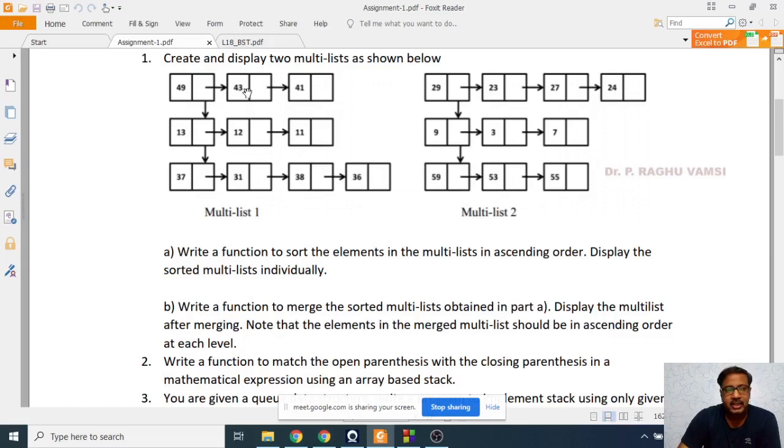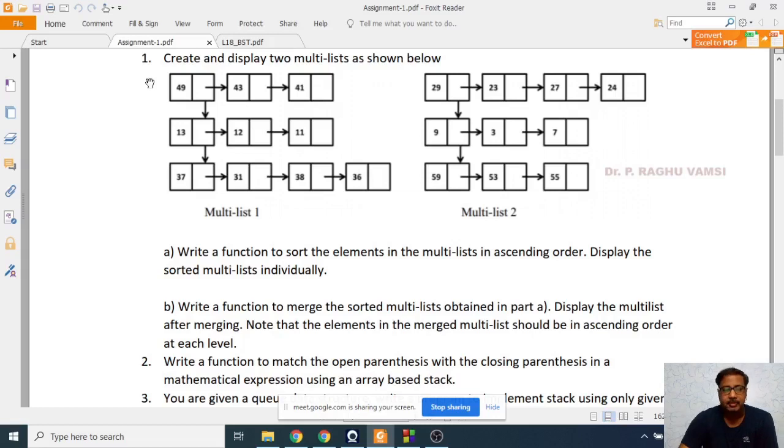Now this temp 2 is moved to the next node and temp 1 is also moved to the next node. Now you compare temp 1 data with the temp 2 data. Now 49 here, actually after swapping here you will get the 49. 49 is greater than 41. So you swap it. So 41 will come here and 49 will come here. So it is like a simple bubble sort. Next, you know how many nodes are there. Till the entire list is sorted, you keep on repeating the same operation.